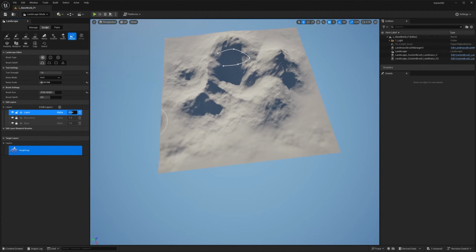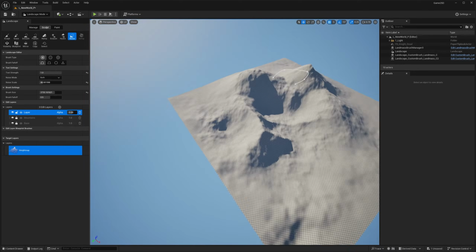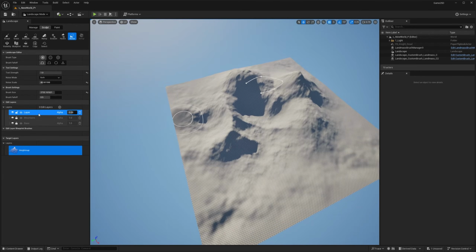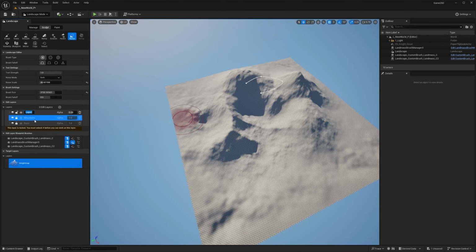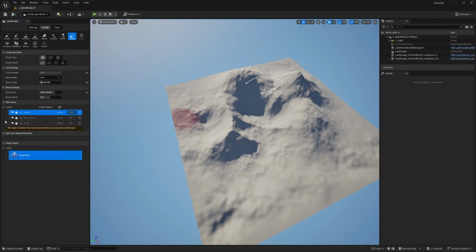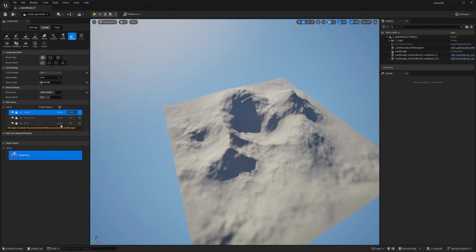Or I can just increase a little bit, right? I just want to see from far away and make it look like something that would be organically generated. That's it. I'm happy with this. I can just go here and rename that too. Oops, almost clear. I'm going to rename it to noise. I'm going to lock it. And you might be asking, Thiago, why are you locking everything? It's just because I want to avoid clicking that layer and making a mistake.